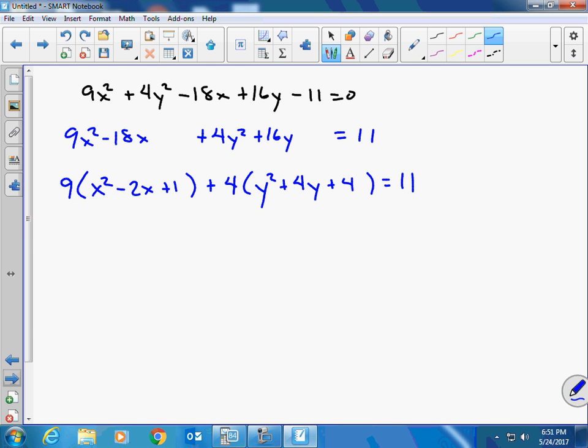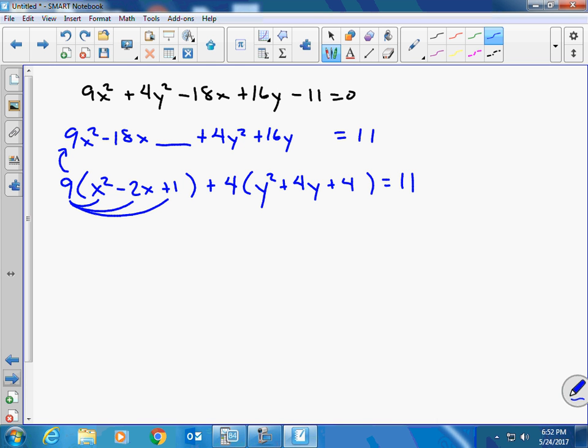Now, here's the hard part. Not hard, just you've got to remember to do this. If I were to multiply this out and go back up to here, I should get the exact same equation as I have above. Well, if I distribute this 9 to these 3 terms,